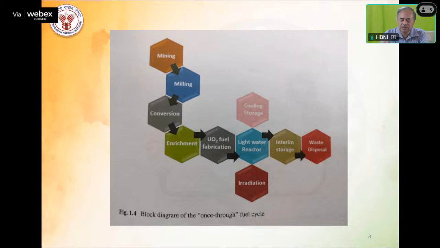The fuel fabrication, it is the uranium dioxide, then light water reactor, and finally it is sent for the interim storage for a longer time till the short-lived radionuclides get decayed completely. Then it is discharged in the repositories, basically because it still contains highly long-lived radioactive